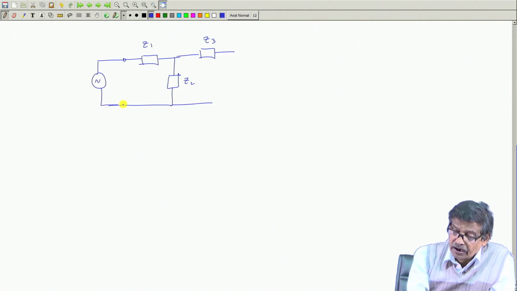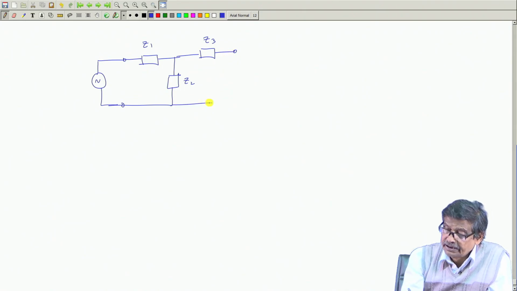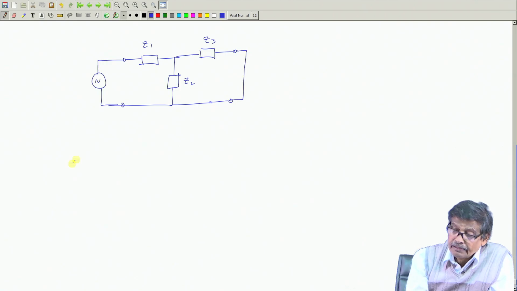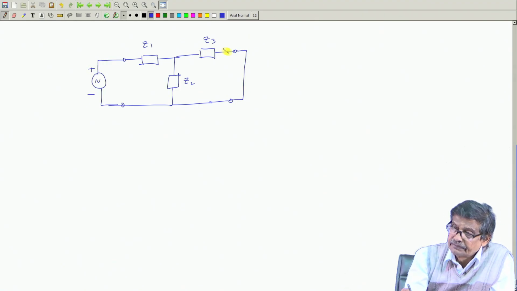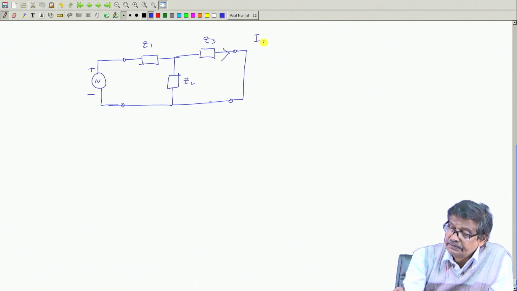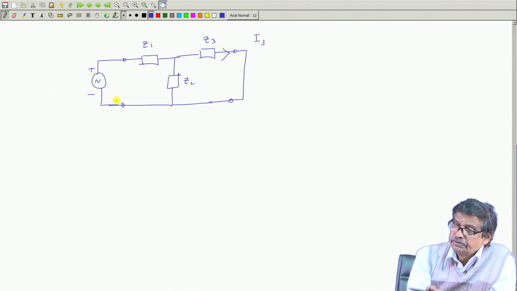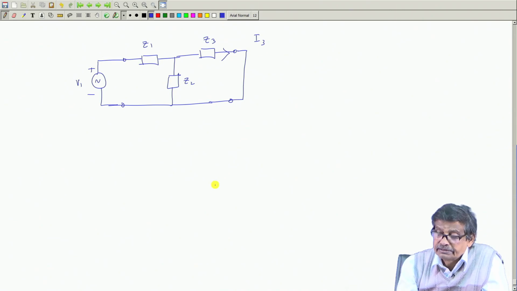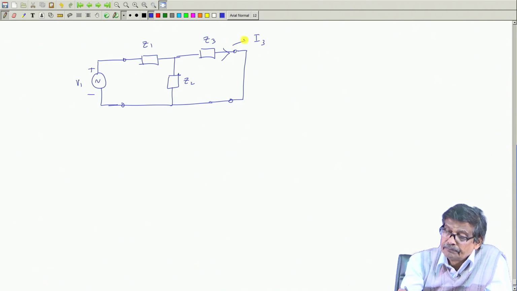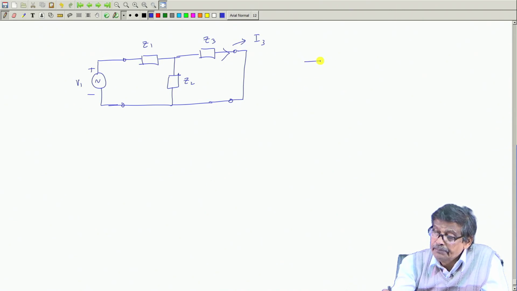These two are the terminals I have identified and these two I have shorted. So, I will solve this network for this current I 3. Complex impedances are there, suppose a sinusoidal voltage V 1 is applied, I will get this current I 3 here. Then the same network